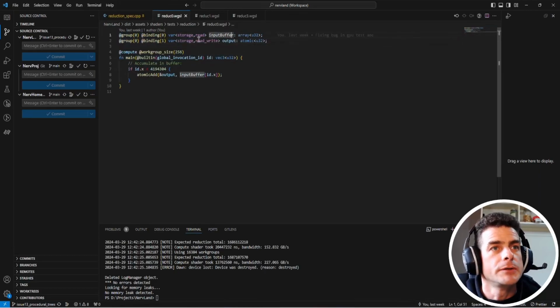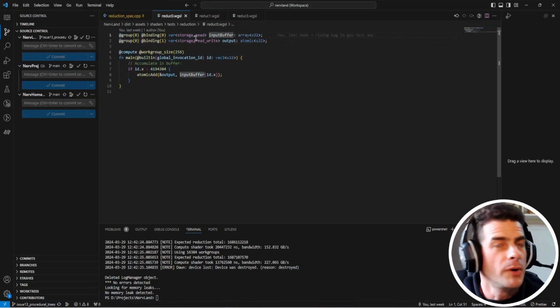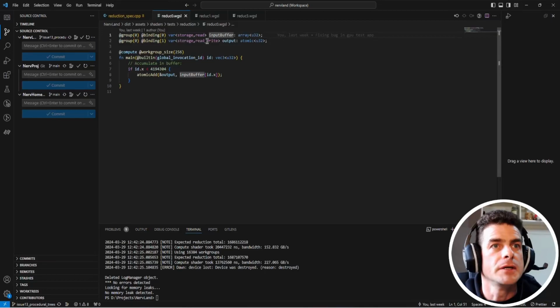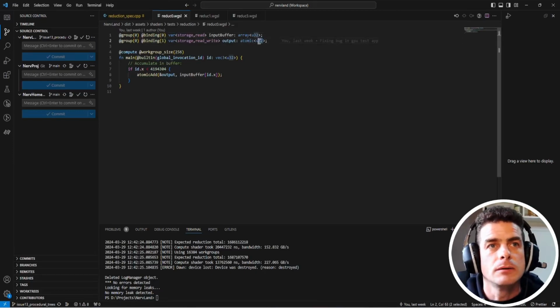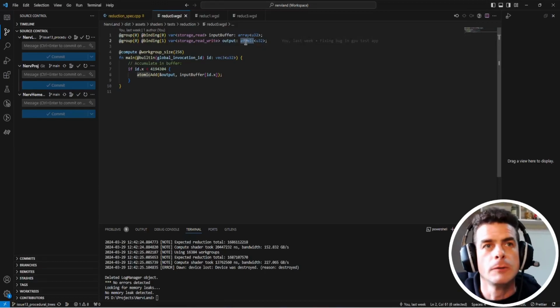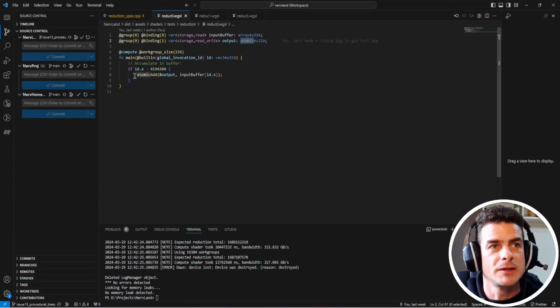First, you need to provide the two buffers that I mentioned. You have first the input buffer, of course, so that's the read-only array. And you have the output buffer, which is just a single integer value. And we have to consider this is an atomic on an unsigned integer for WebGPU, because WebGPU is very strict, and if you don't specify that this is an atomic, you're not going to be able to write to it